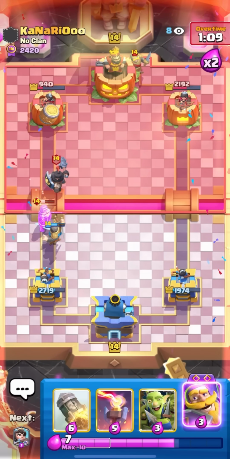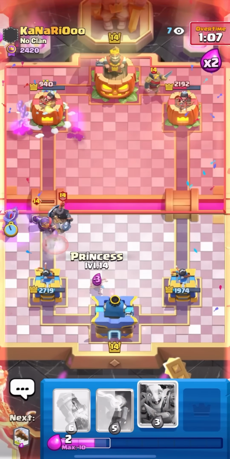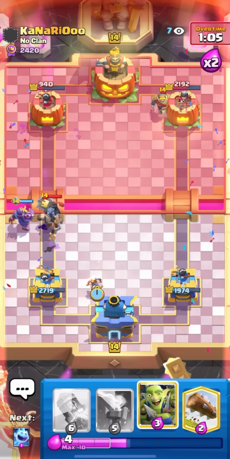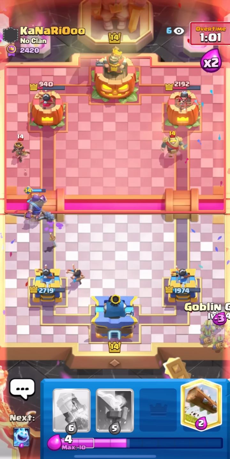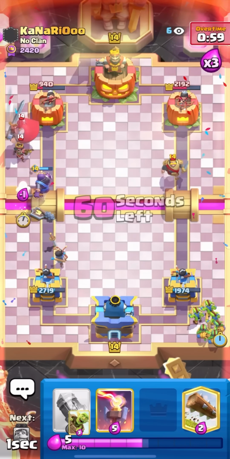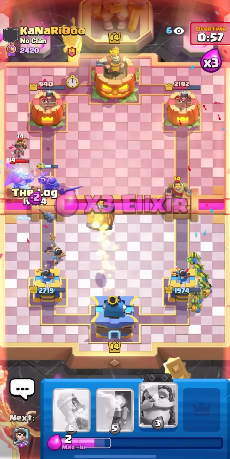That's why you always want to play opposite lane from Giant Graveyard, because otherwise he could just Graveyard into my princess and kill it. Princess again. I'll go for the Goblin Gang in the back here for the Knight. Can just go for my Ice Spirit. I'll barrel again. Force out the...